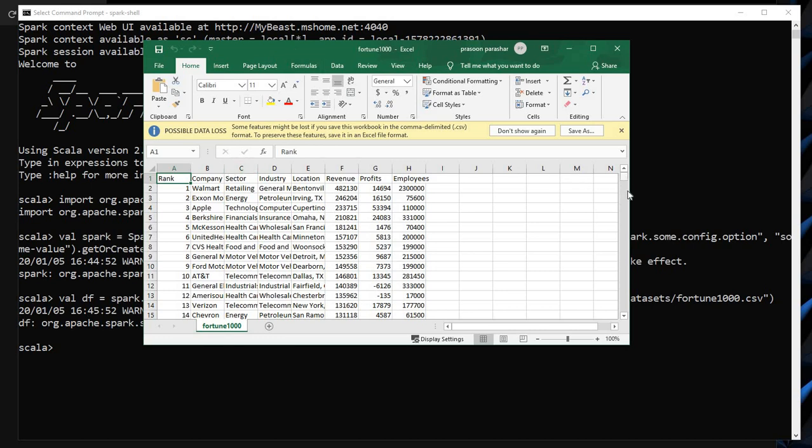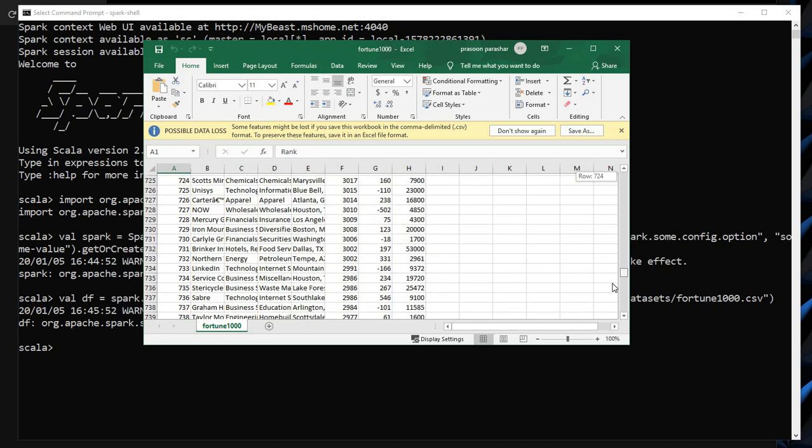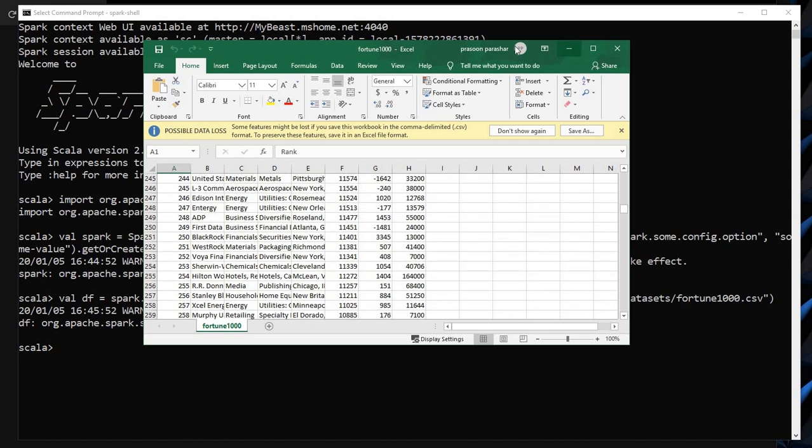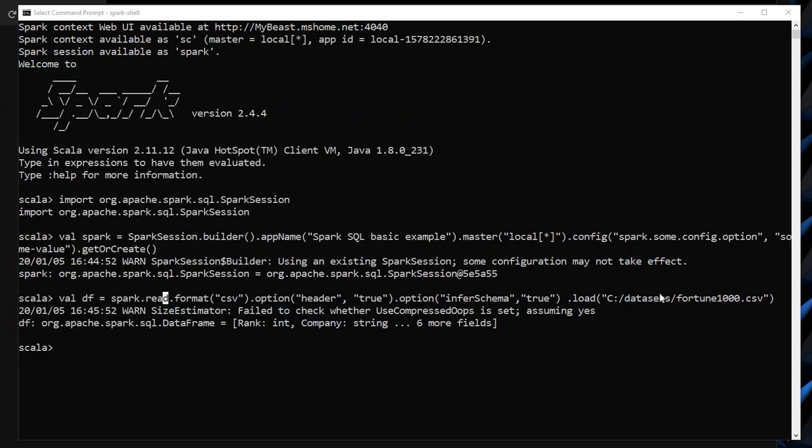Basically I have a total of 1000 such companies. See, a total of 1001 rows: one is the header, and 1000 rows of data. This is what is present in our dataset, and I've just loaded it. So this is my Fortune 1000 dataset. I just want its schema to be